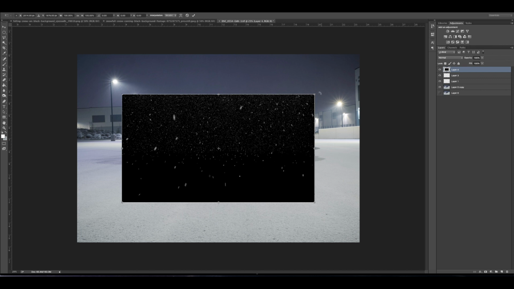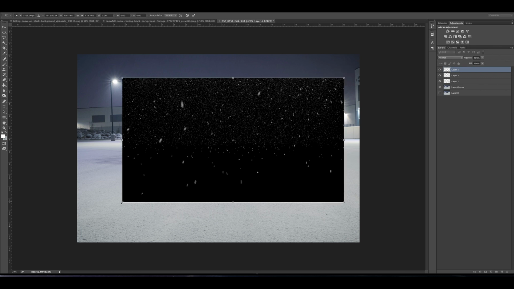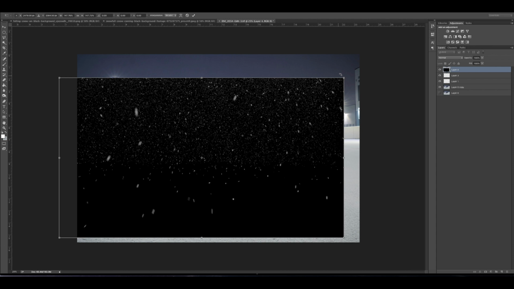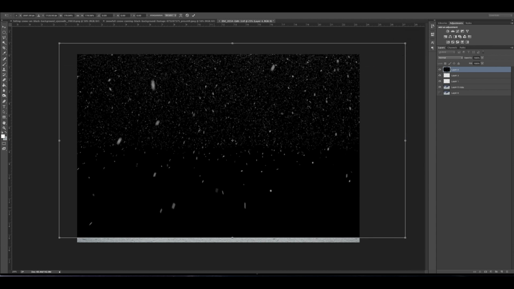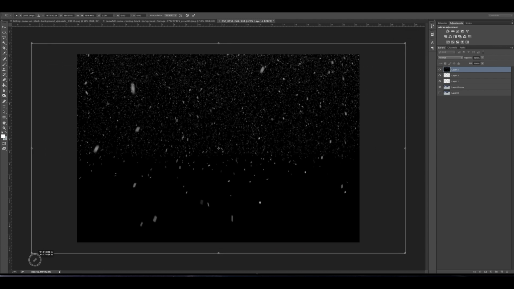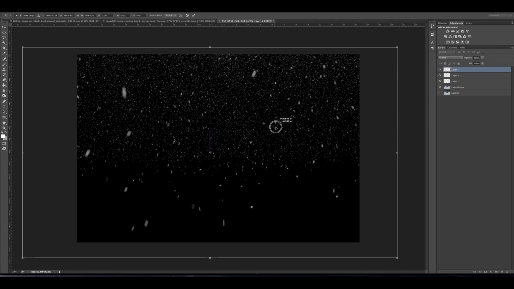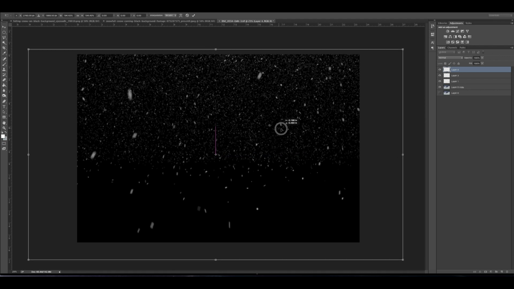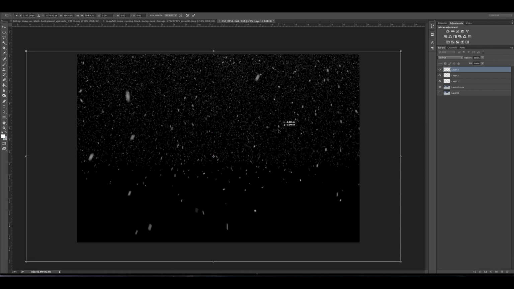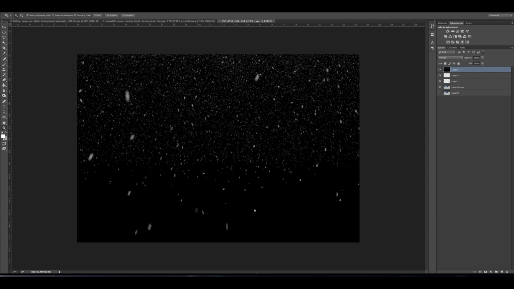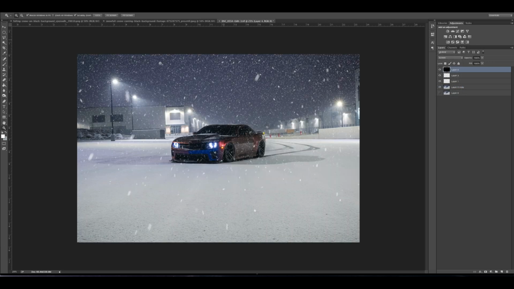I'm going to hit Command T and bring up the transform tool and transform this so it is just as big or bigger than our picture. So I'm going to go ahead and put that about there. I'm going to click on this layer and change the blend mode to screen, and it's going to put these snowflakes into the picture. So just like that,